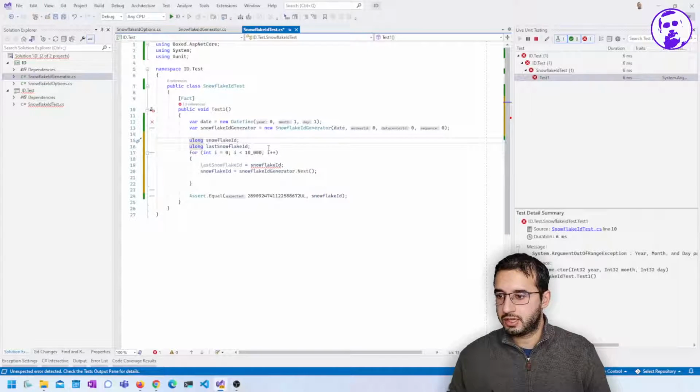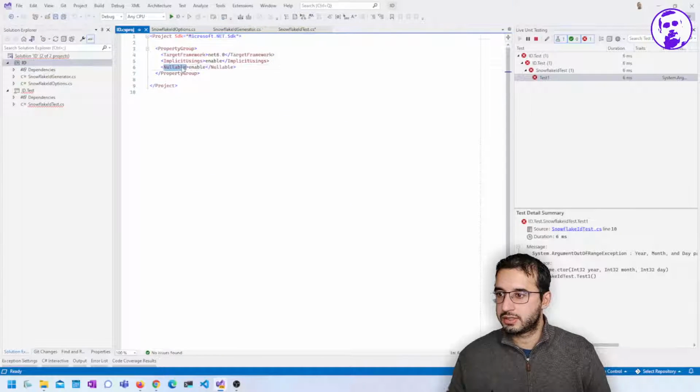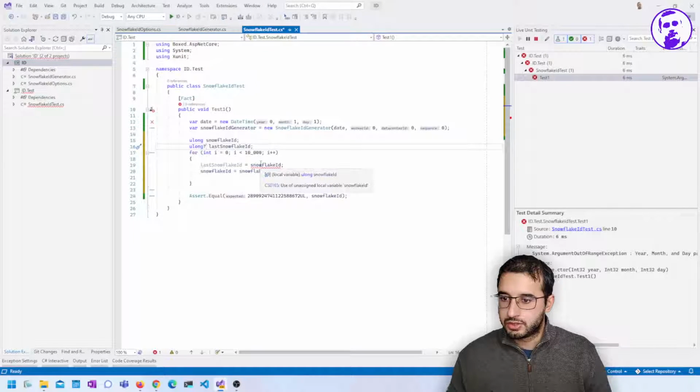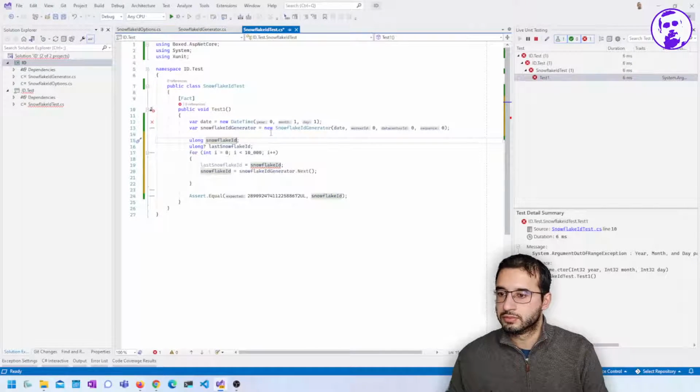Potentially this is going to be null. Do I have nullable enabled in this project? Yes, I do. Implicit usings are also enabled. Use of unassigned local variable Snowflake ID. I guess I can make that null as well, to start with,